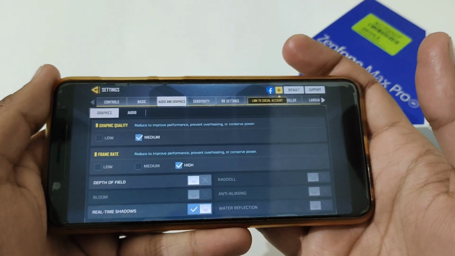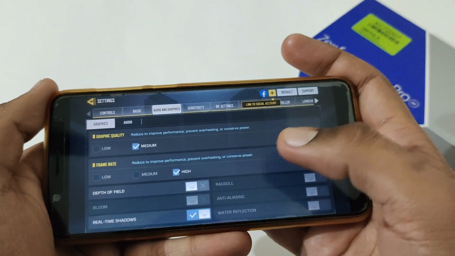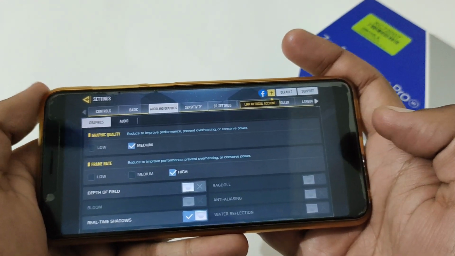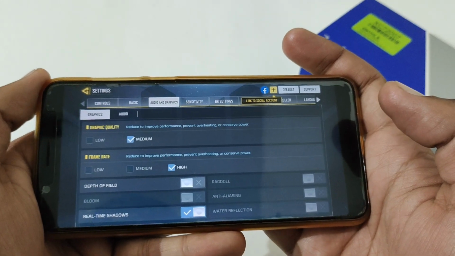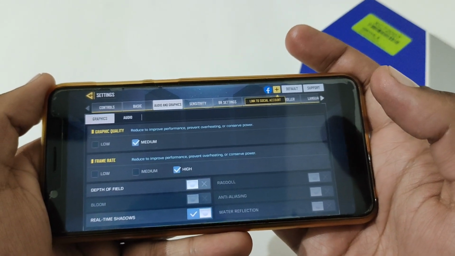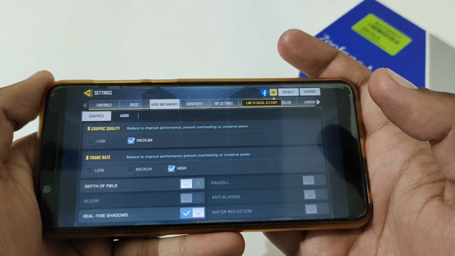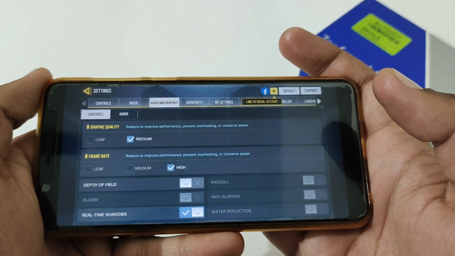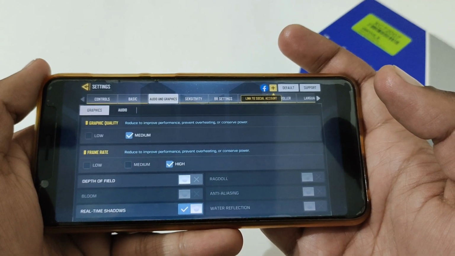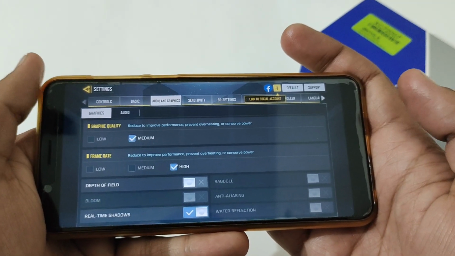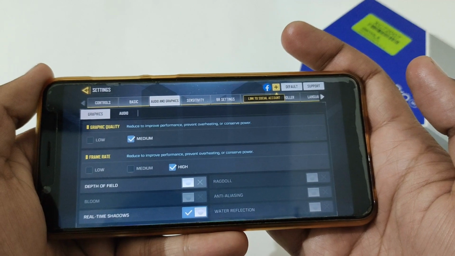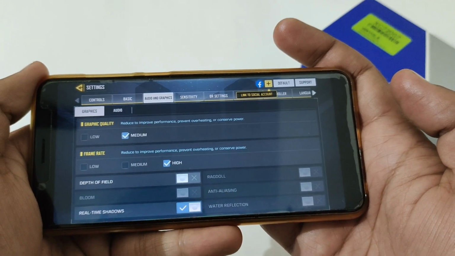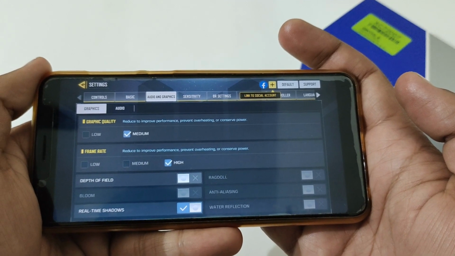So on Android 10 Beta 5 with these graphic quality and frame rate settings, the battery consumption for 1 hour of gameplay was 15 to 16%, and it was the same on Android 10 Beta 4 as well. Whereas the temperature readings which I noted down on Android 10 Beta 5 were 19 degrees before starting the gameplay, and as soon as I completed 1 hour of gameplay it was 32 degrees. Whereas in Android 10 Beta 4, before starting the gameplay the temperature reading was 36 degrees, and after completion of 1 hour of gameplay it was 40 degrees.